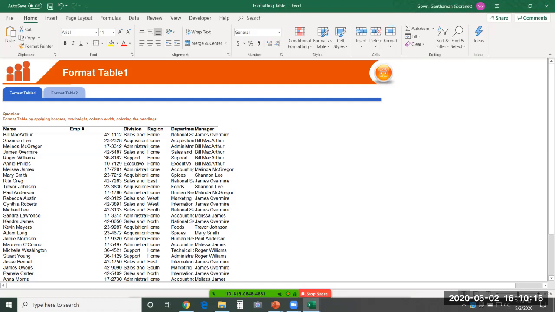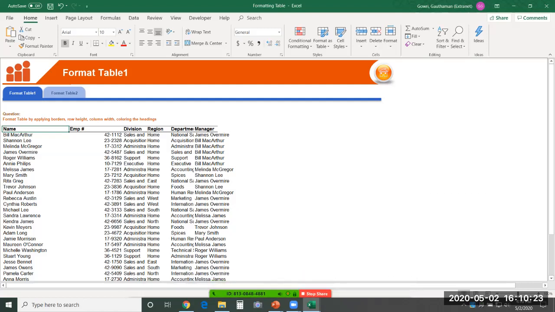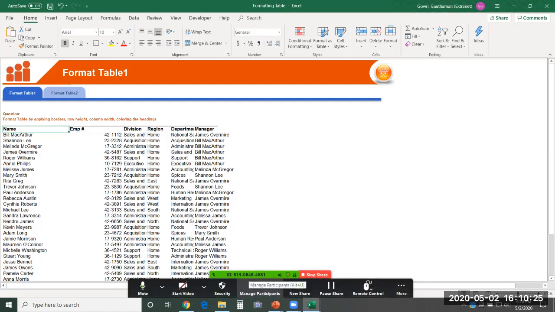How many sessions will it be? At most 15 sessions. One hour each? Yeah, one hour each. We are planning this on weekdays and weekends as well. We'll let you know the schedules after the demo session. Maybe we'll take another day to tell you. We have to discuss among the team and then we'll let you know about it.